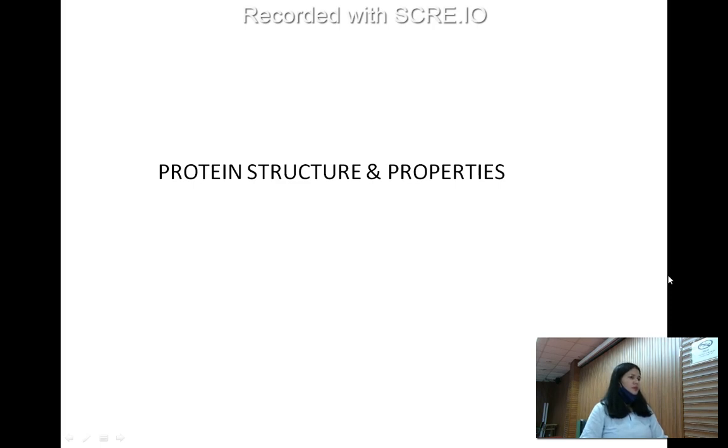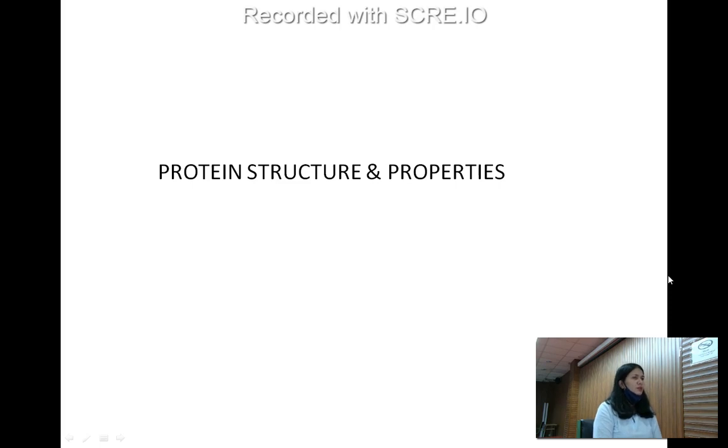So continuing the protein structure. In the last class, I mentioned that the structural organization of protein we can divide into 4, isn't it? Number 1 is the primary structure. Number 2 is the secondary structure. Third is tertiary and quaternary structure. So Vivek, how will you define primary structure? If somebody asks you to define primary structure, how will you define? Primary structure means a straight polypeptide chain.